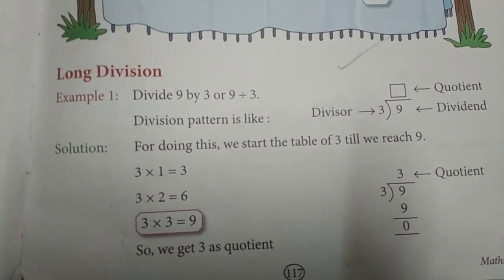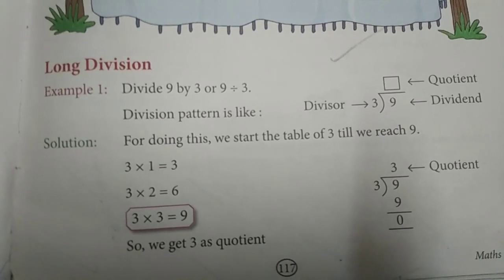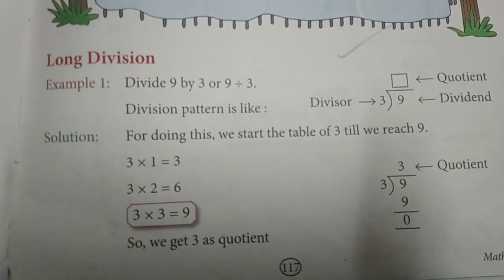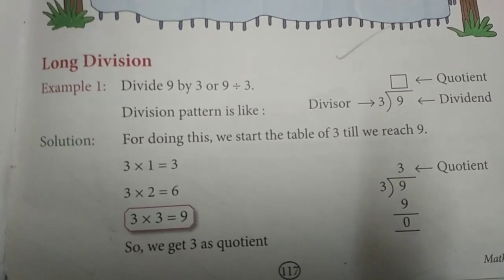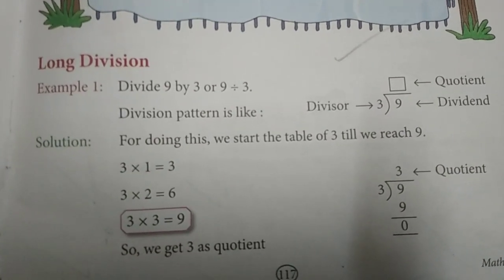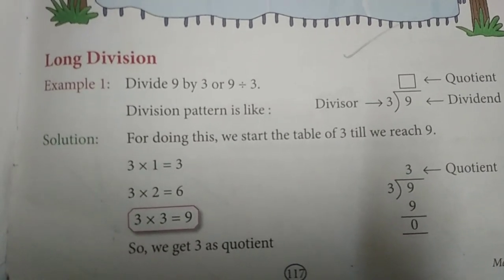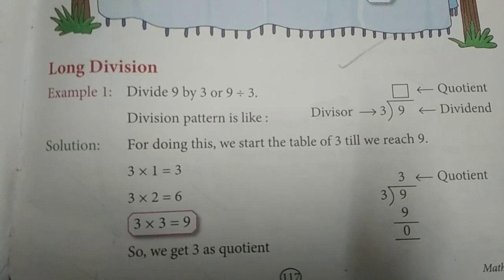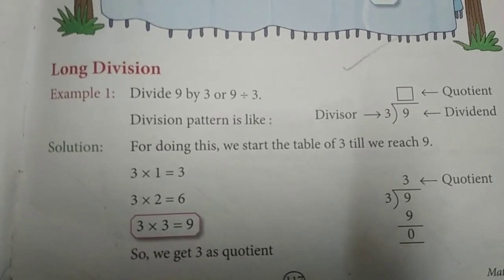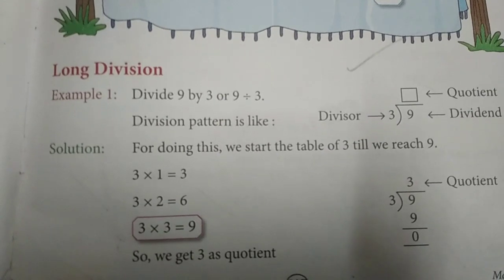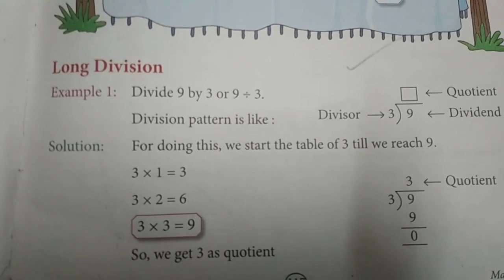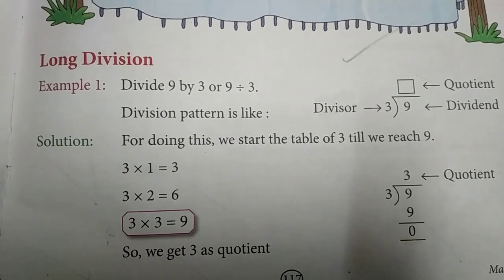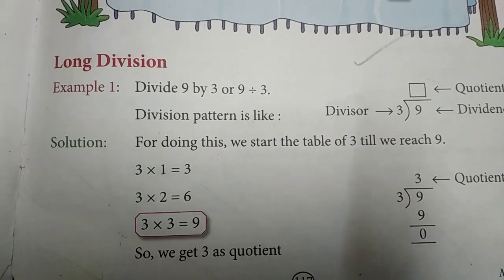So children, today we will discuss about the new method that we can use to divide two numbers, and that is called as long division. Before moving to the division, let me once again remind you that the number to be divided is called as dividend. That means 9 divided by 3. That means 9 is the dividend. Okay? And the number that divides the dividend is called as the divisor. Okay? And the answer is called as the quotient, and whatever remains after division, that is your remainder, children.